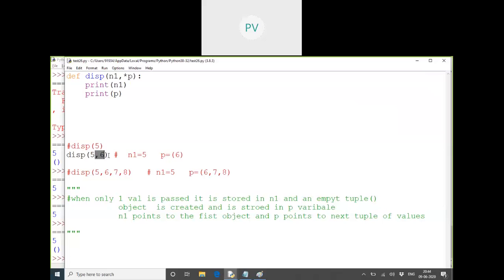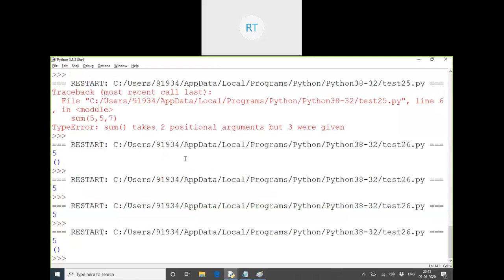And all the remaining values will be stored in which variable? Tuple. So that means it's a tuple of values. So the first value is stored in which variable? N1. So what is the output here? When you printed N1, it prints which value? 5. When you printed P, it prints which value? Tuple of 6.